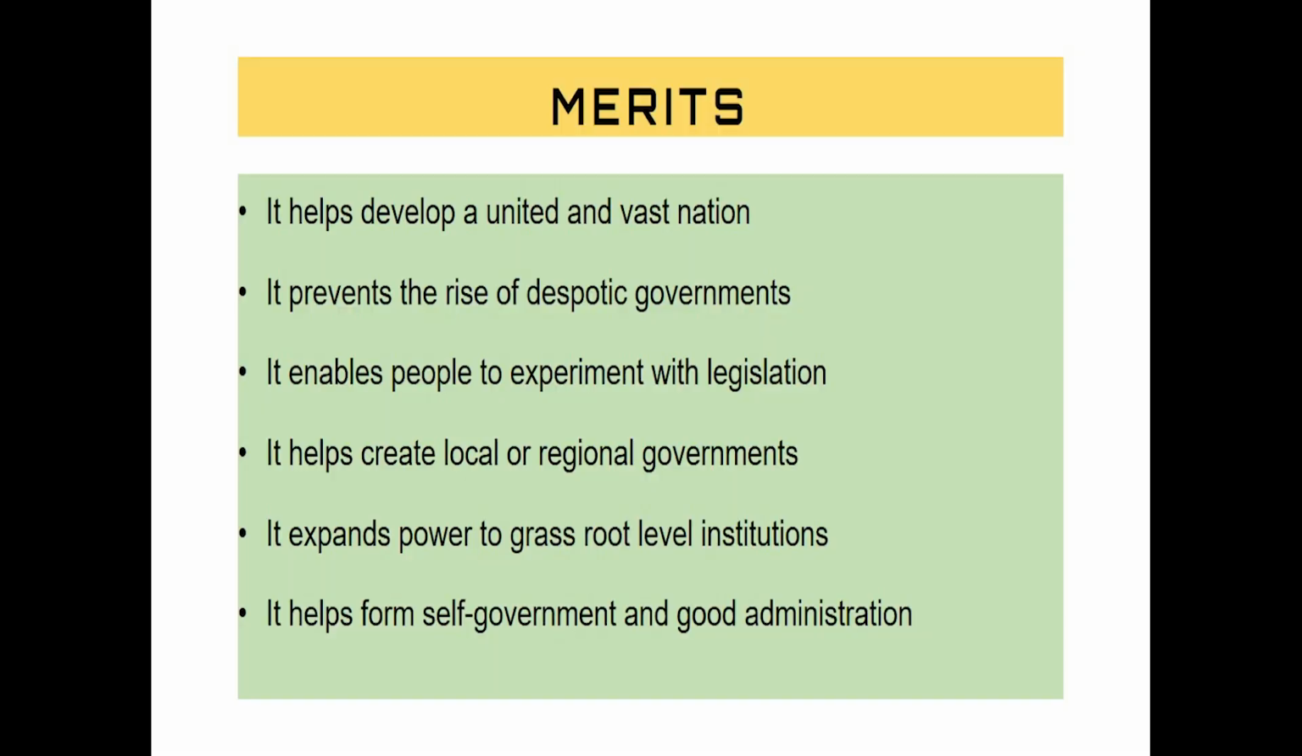So, this helps create a united and vast nation, and the relationship between the center and the state is maintained. This will prevent the rise of despotic governments, and it also enables people to experiment with the legislature, as there exists a balance or a relationship between the center and the state. This helps them experiment with legislation, and also helps create local and regional governments, and it expands